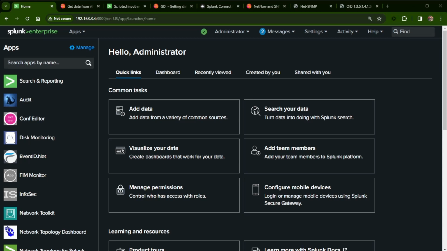So I was working with SNMP data to get a better understanding of that protocol and how to reach out and get data from devices that I may not be able to put the universal forwarder on. So here I've actually got it set up from one of my Linux boxes that I have running,